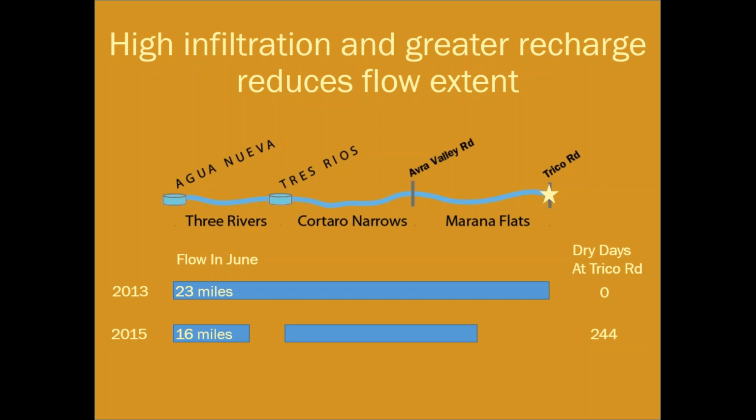And there's a couple things going on here. A majority of this change is due to the increased infiltration and greater recharge. But the dry spot in the Three Rivers area is also related to water management, because during the upgrade process, some of the wastewater that used to go to Agua Nueva now goes to Tres Rios, so there's less water being released in the Three Rivers reach, and it's recharging faster. So now we often have a little bit of a dry spot before the next treatment facility, and then in Marana Flats, we have